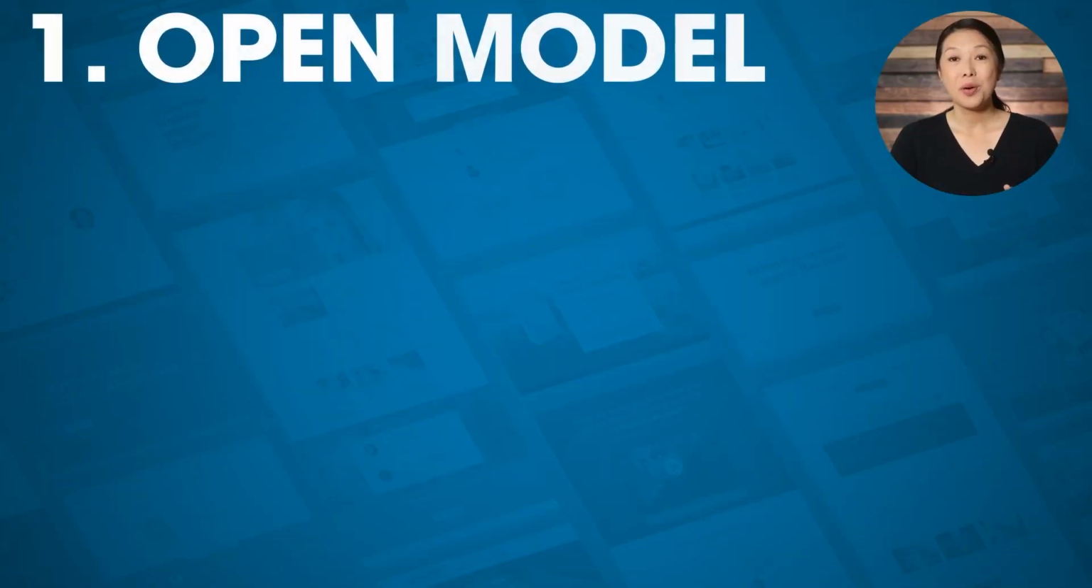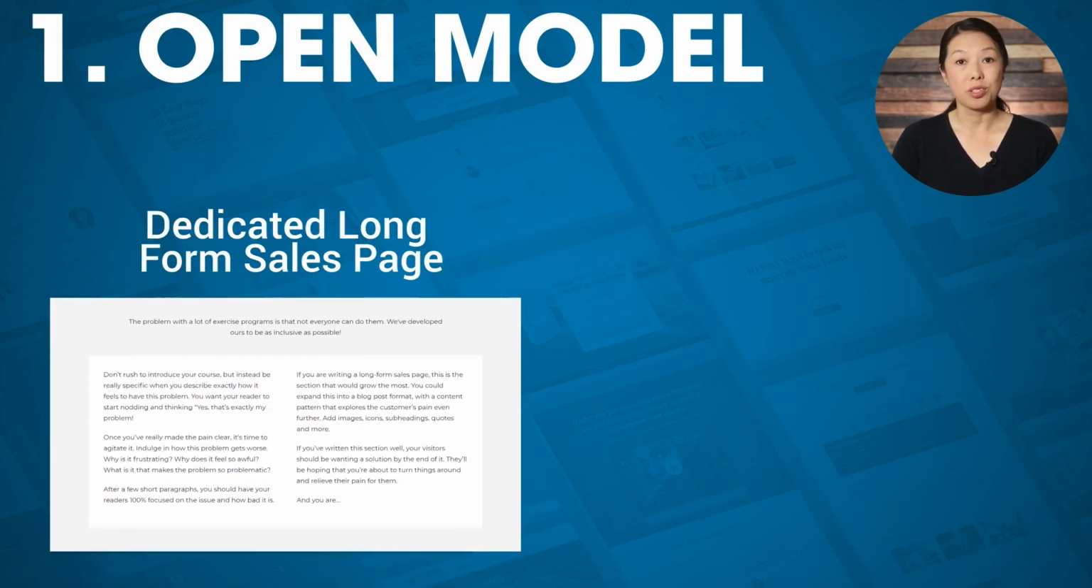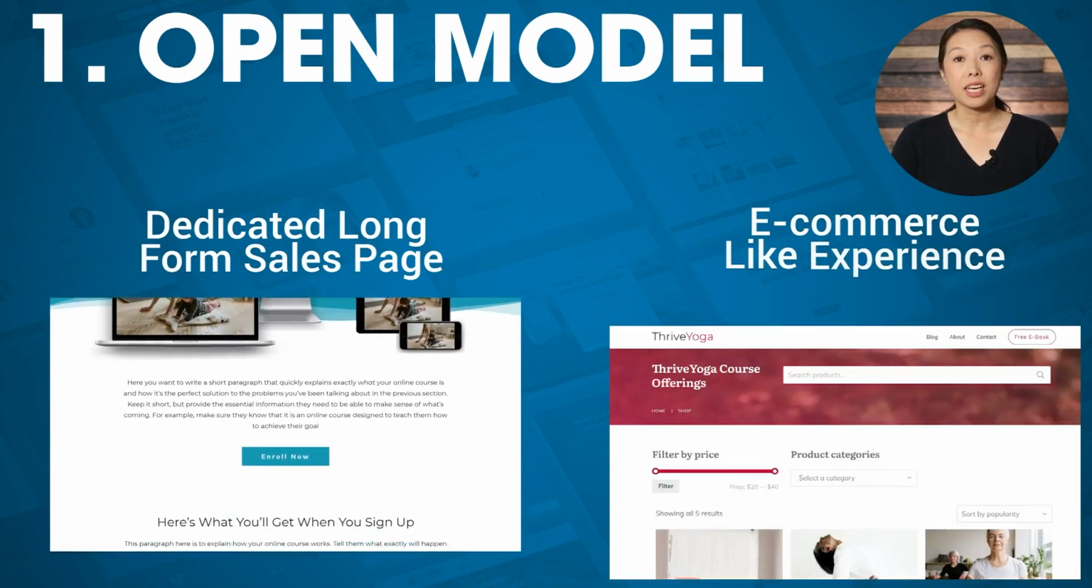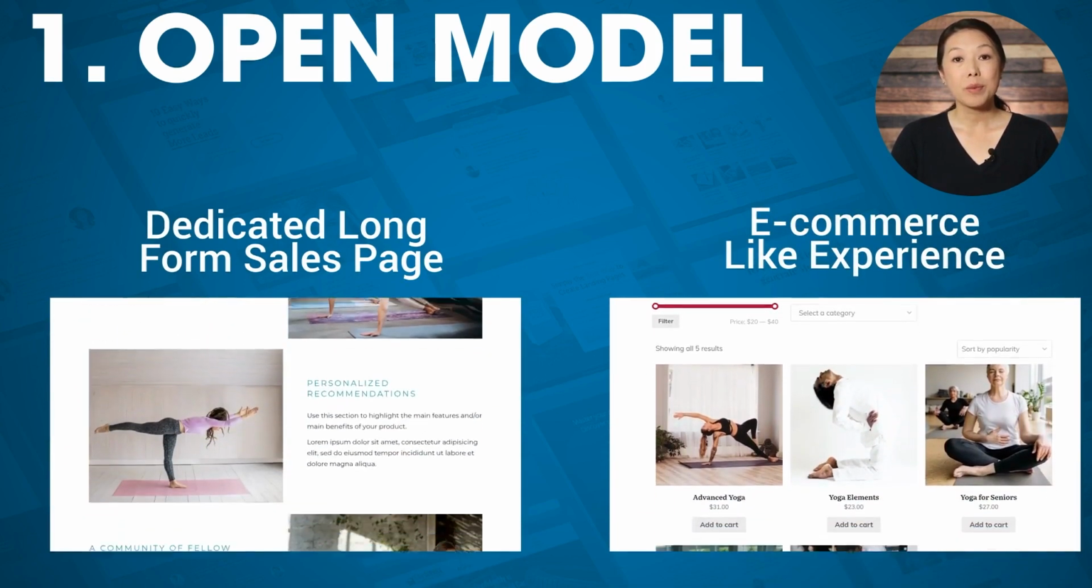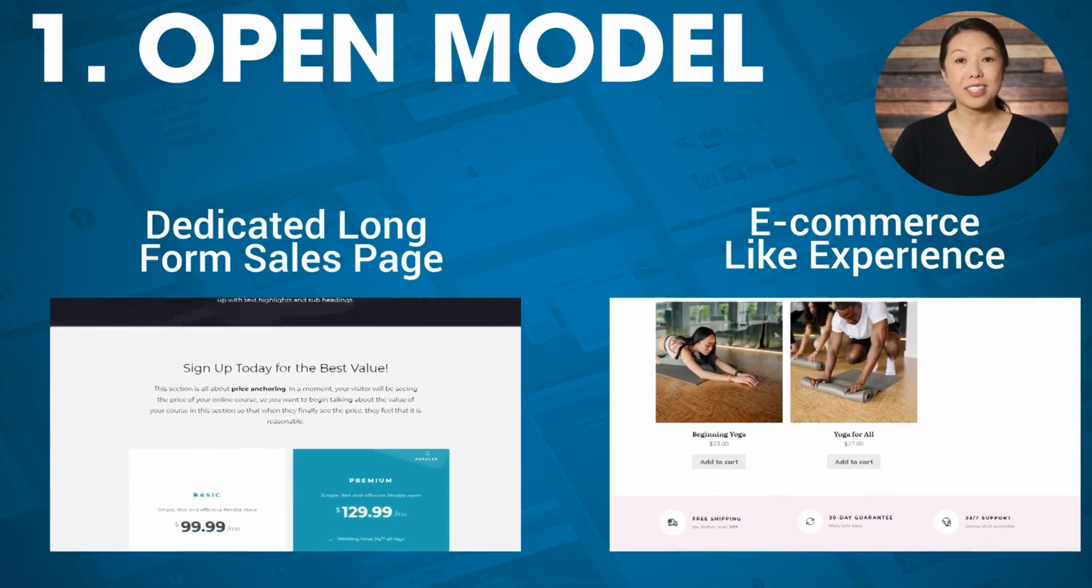Let's dive right in. First, we have the open model. With this model, anyone can come to your website at any time and buy your course. And this can be done a couple different ways. So for example, you can use a dedicated long-form sales page for your course, or you can have a more e-commerce-like experience where maybe you're selling multiple courses and then people can view and purchase your course offerings, much like